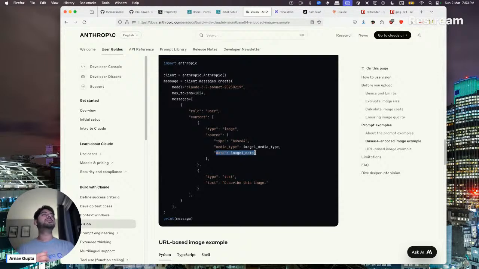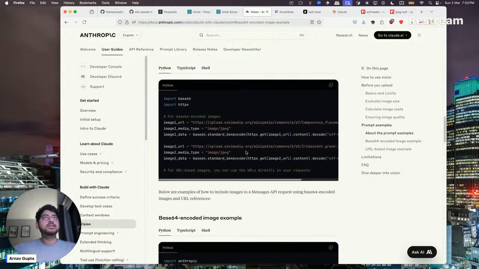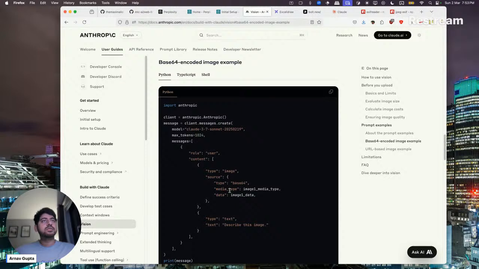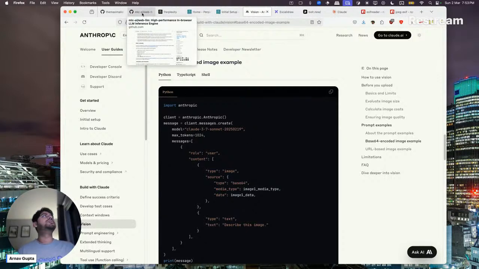That's one way of sending it. So let's see. I have to pass the type like image.jpg like this, it seems. So this is how you attach images, and then you add some text. So let's see if we can do this, right?